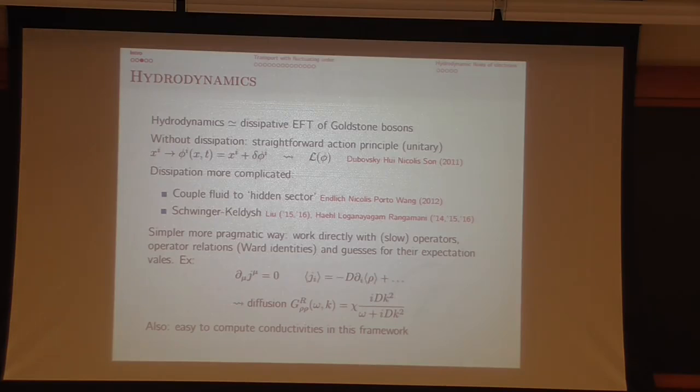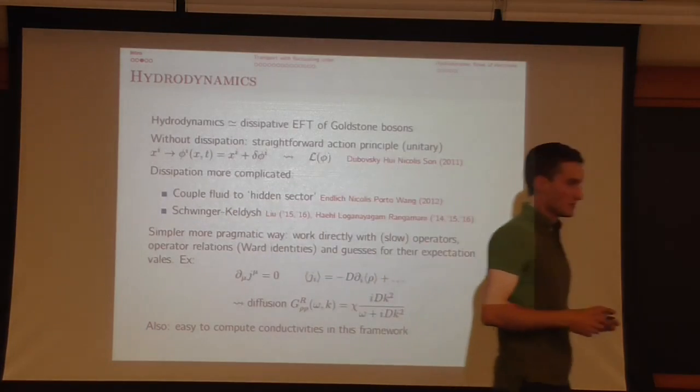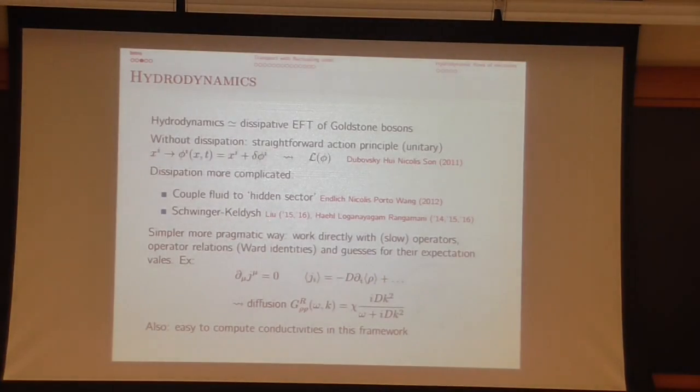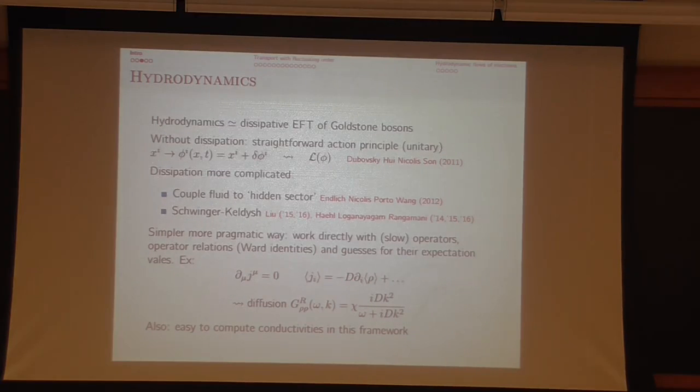Now if I plug in this diffusive Green's function in here and take the k goes to 0 limit, I'll just be left with basically the diffusion constant times the susceptibility. So what this is saying is that the conductivity in diffusive systems is just frequency independent. It's given in terms of the diffusion constant. This is typical of hydrodynamics, where there are unknown parameters that hydrodynamics won't give you an expression for, but they will appear in several different observables. So the assumptions can be tested.